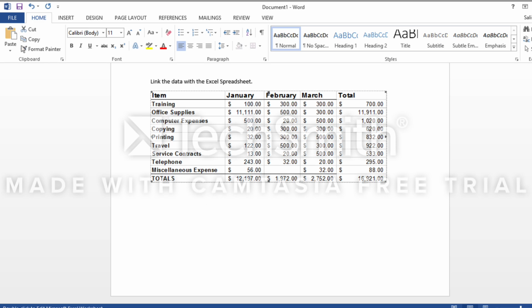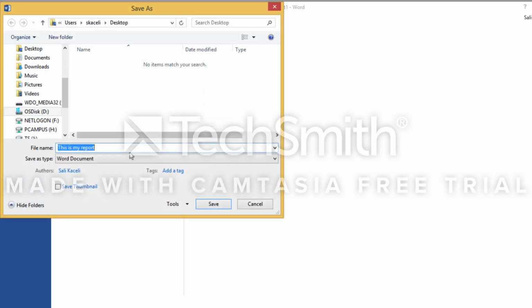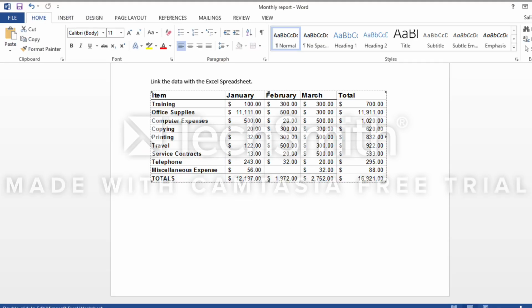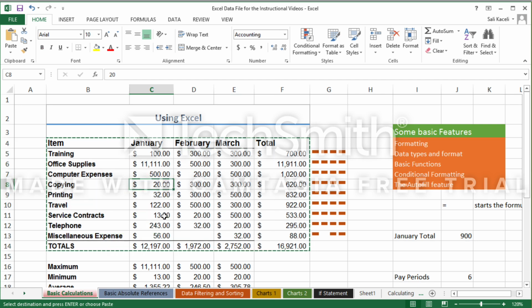Since we pasted it, we can assume that the report is done. We're going to save it, and we're going to save it on the desktop. I'll call it My Monthly Report. Now a month has passed by, or whatever time has passed by, and let's say my training expense for January in the previous report was $100 before. Now I'm going to make it $123. Now if I go